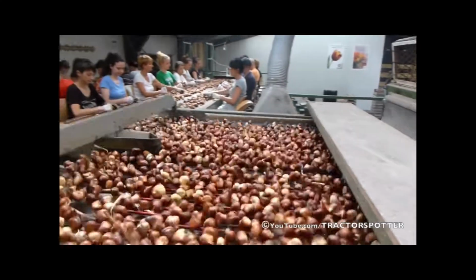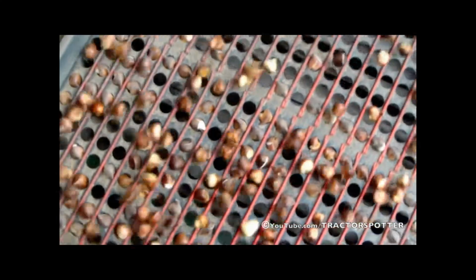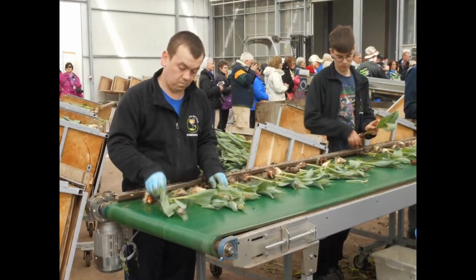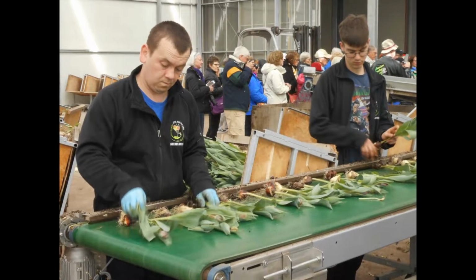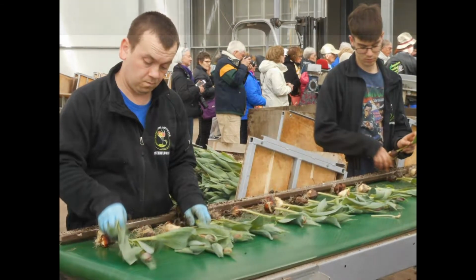The other type of tulip farming is to grow tulips to the bud stage, then prepare them for the fresh flower market. In this process, the bulbs are considered waste and used for compost or livestock feed. In early April, just before the tulip flowers open, the entire plant is harvested intact and brought into the processing